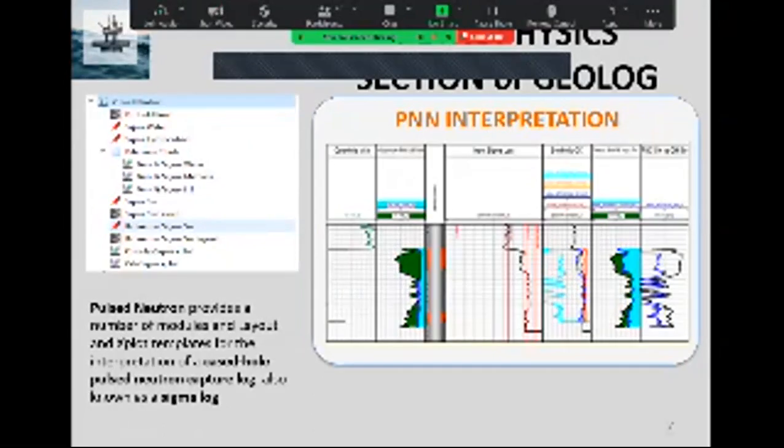Sigma water provides an estimate of a capture cross-section of formation water based on salinity, pressure, and temperature.